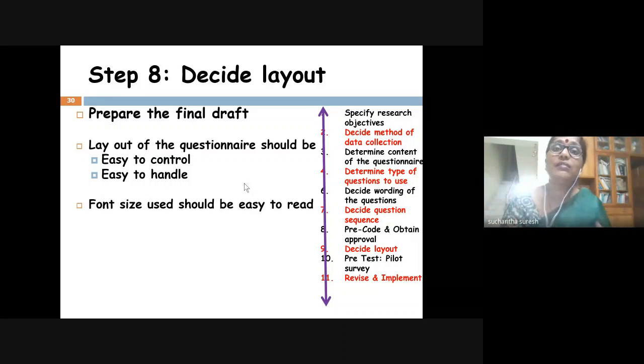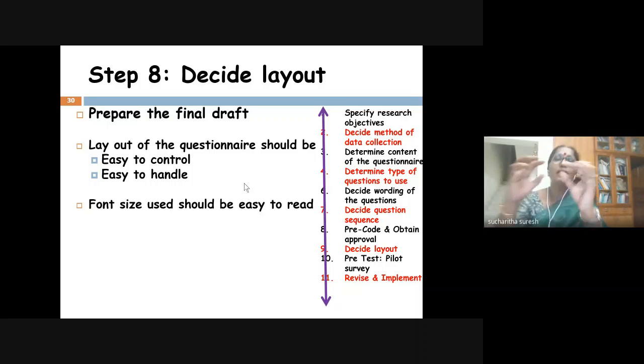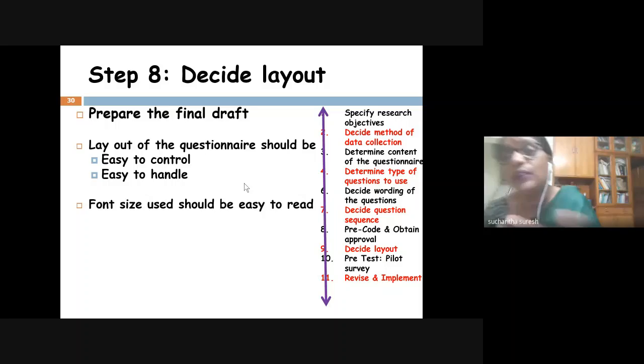That's why you give one side heading and all the questions related to that concept. Like that, it is very good if you make it so: objective one is demographic details, that is first. Objective two is regarding the bank services. Only questions related to bank services you give there. Next is perception regarding the services. There are so many services: perception regarding online, credit cards, or perception regarding ATM cards and all. Make it separate like that. If you give it under a heading, it is easy for you to understand and analyze, and it is easy for the people to understand that it goes in a proper flow.